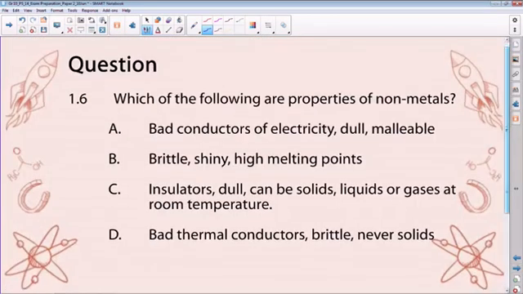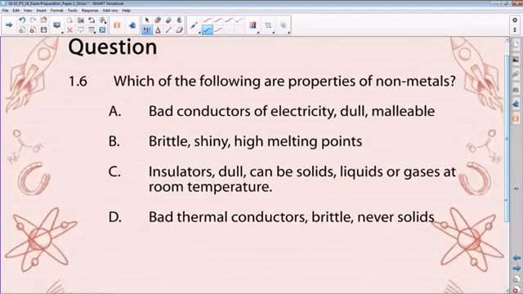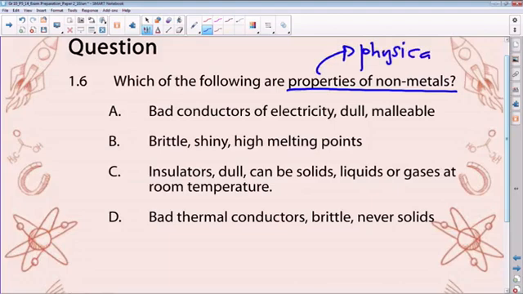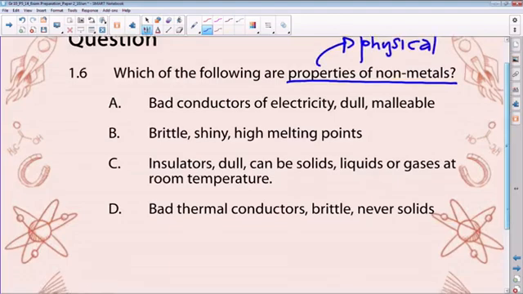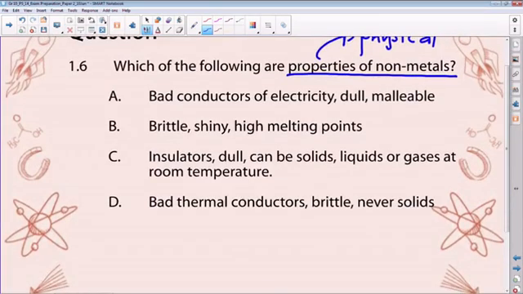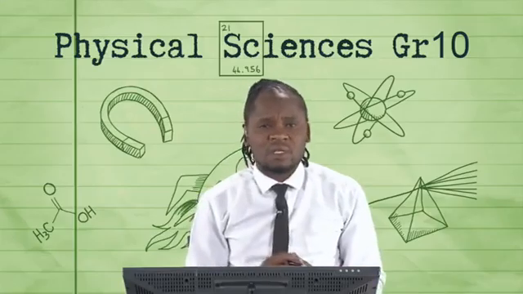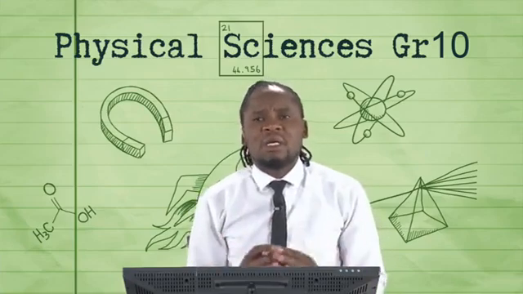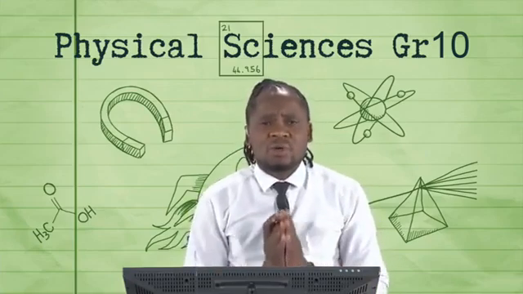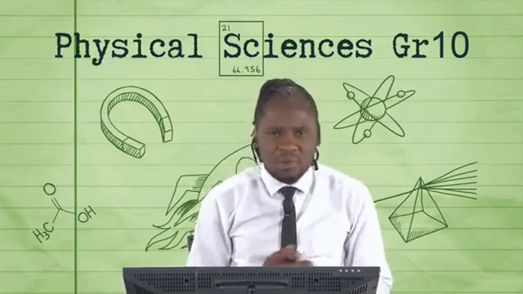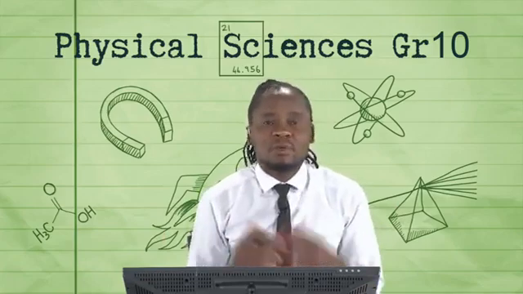Now, the last question that I want us to discuss, just to wrap up the multiple choice: which one of the following are properties of metals? So these are physical properties that we're talking about in this case. There are many of them: electrical conductivity, thermal conductivity, malleability, ductility, boiling point, melting point. So it also goes back to the periodic table to be in a position to identify those materials that we use in our everyday lives that we want to think of as